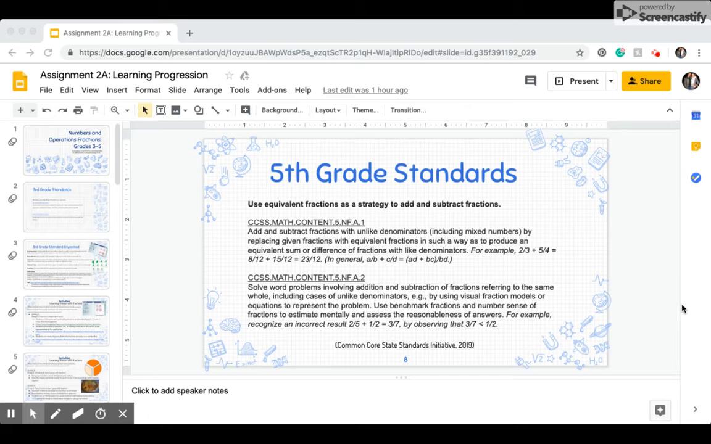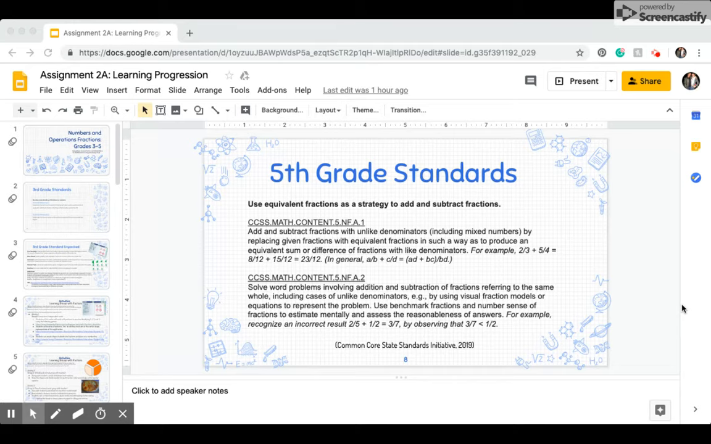Now we're going to continue on to fifth grade standards using the numbers and operations with fractions standards. These will ask students to use equivalent fractions as a strategy to add and subtract fractions. So there are two different standards here. The first standard,